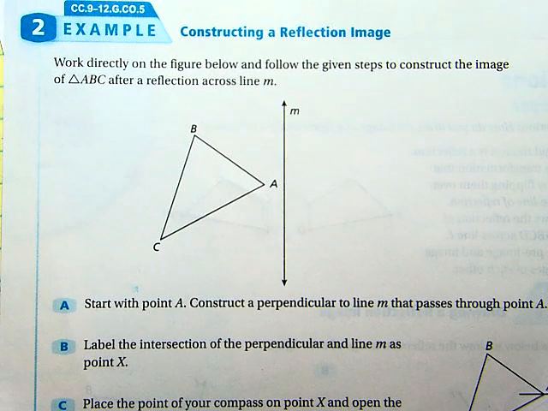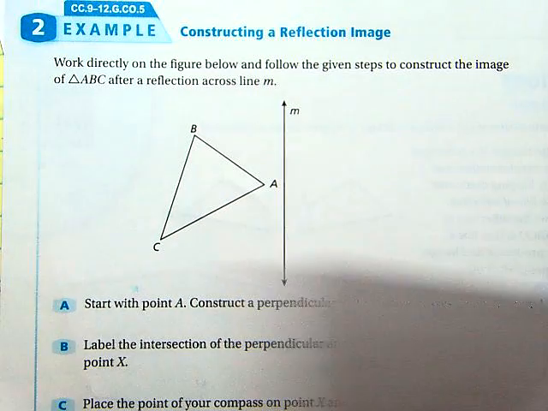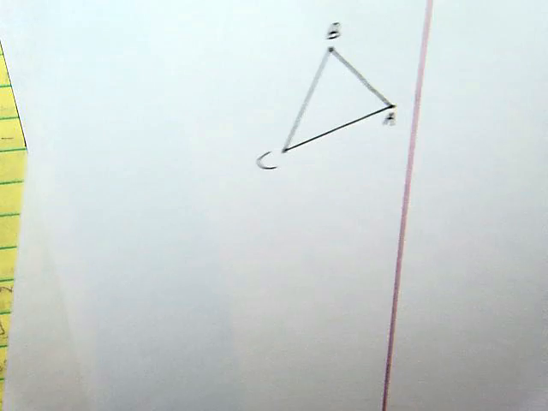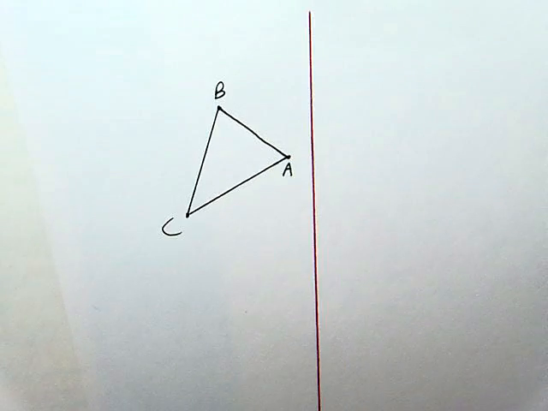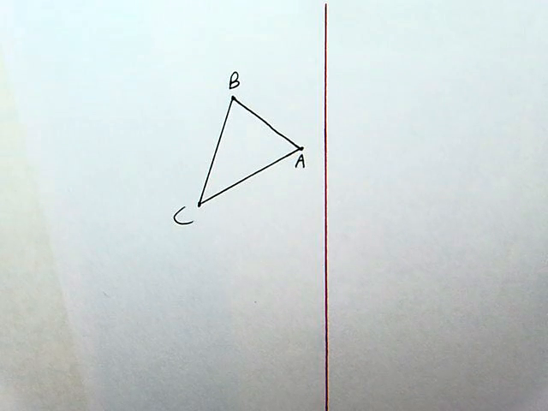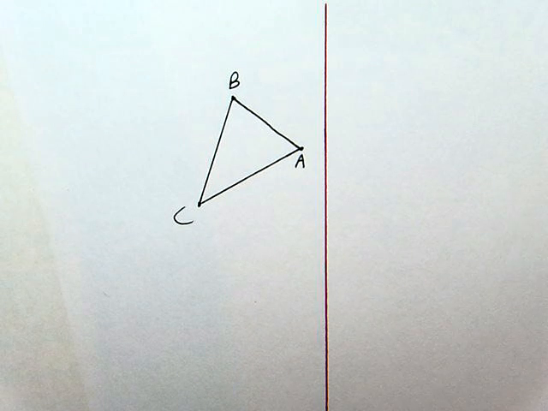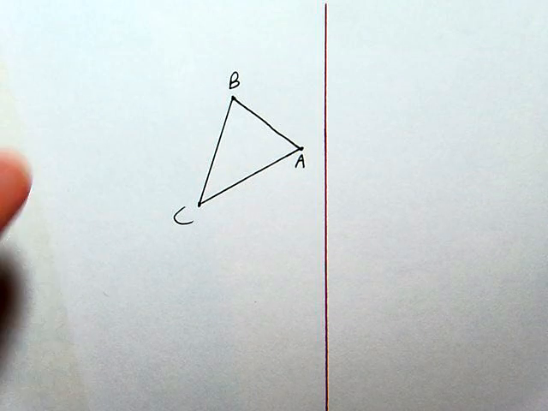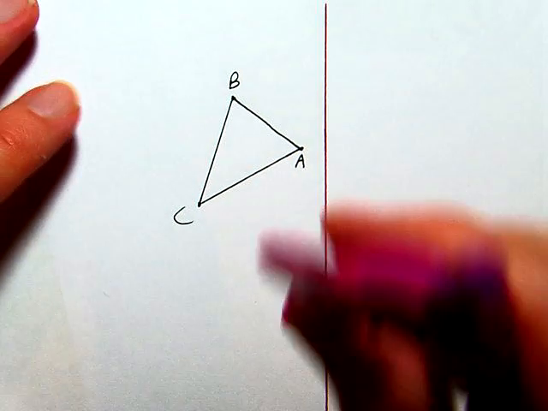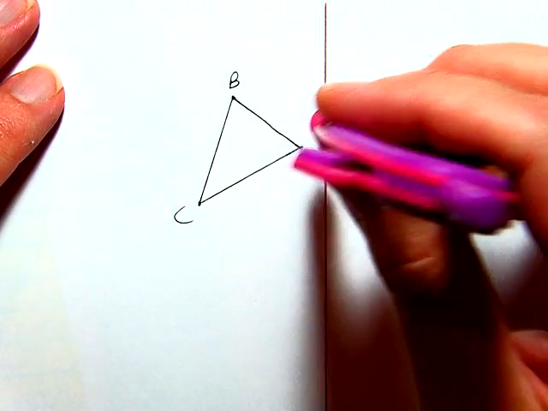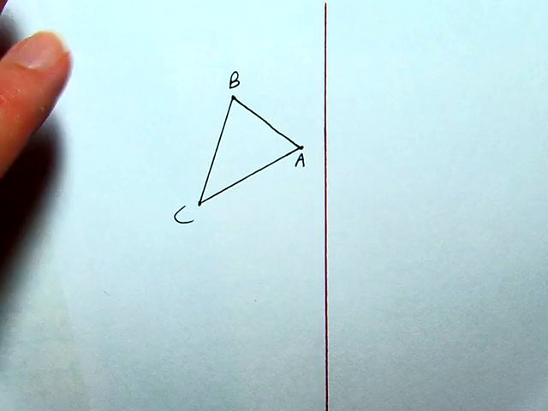And instead of using the image that's right inside your workbook, I'm going to be taking a copy of it that I put on a piece of paper over here so that I have a little bit more room to work. But I'm going to be following the instructions on the page, so you should follow along with me as I do this construction so that you can do this as well. So we're going to start with point A, and